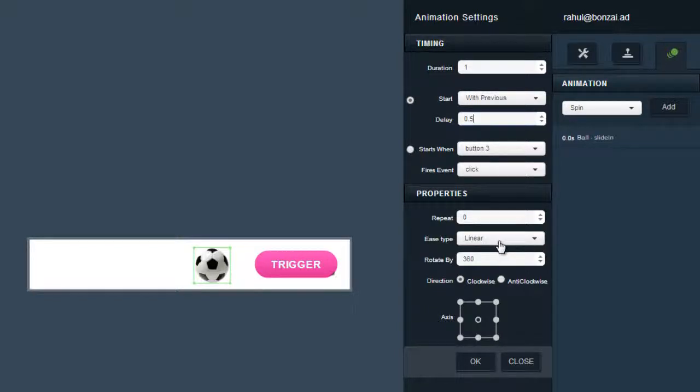Now again I'm just going to keep it as linear, and I will say rotate by 360, and I want it to rotate in the clockwise direction, and I want to spin through the center. That means, as you can see when the image is selected, it's a square. So if this is the axis point, it means that the axis point is somewhere out here. So it will look like the ball is spinning around an axis at the center. If I select here, what it would mean is that it would spin around this point out here. So for this specific animation, I would choose the center one, and I hit OK,